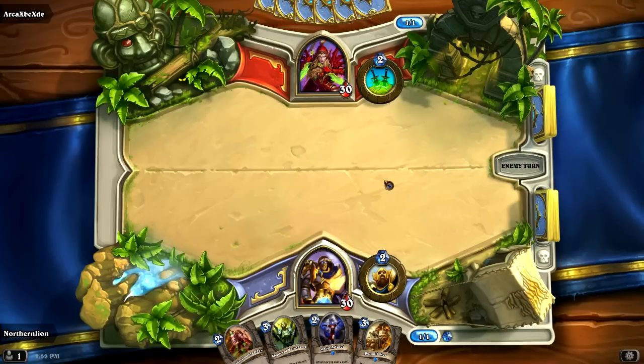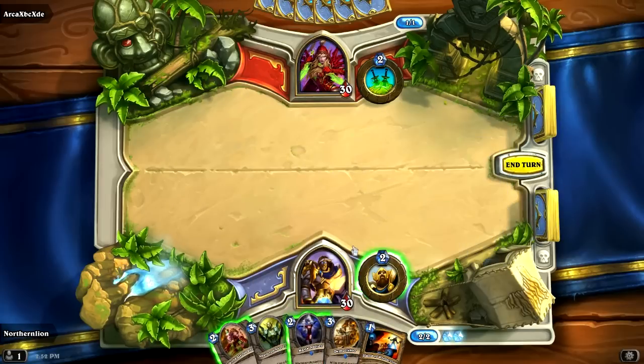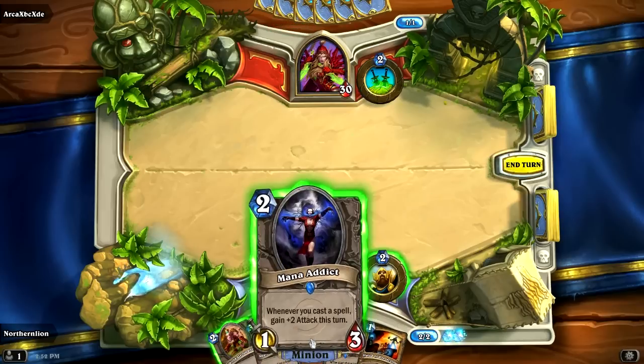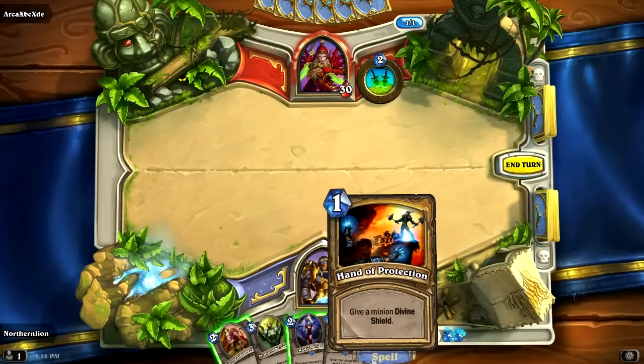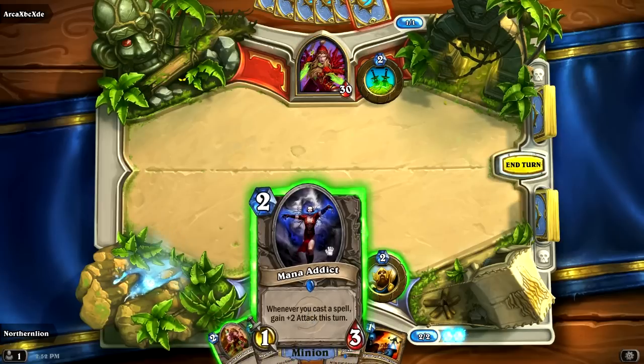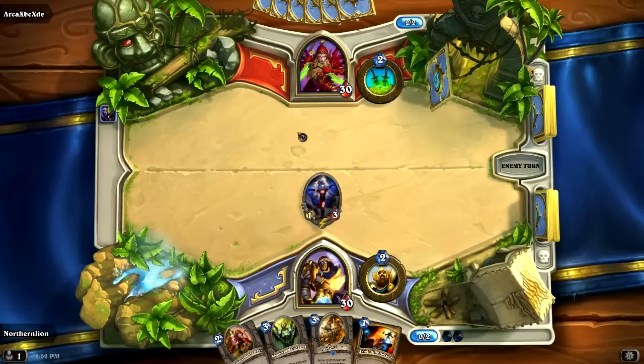What is our second turn play? Well, we either have to play Cobalt Geomancer or... Okay, well, now we have that as well. But Mana Addict or Cobalt Geomancer. I think we play Mana Addict, and then on the next turn we can play Hand of Protection and get +2 attack on the Mana Addict and give it Divine Shield. It's not the best use of that card, but it does at least give us a small amount of action that we can take early on here,